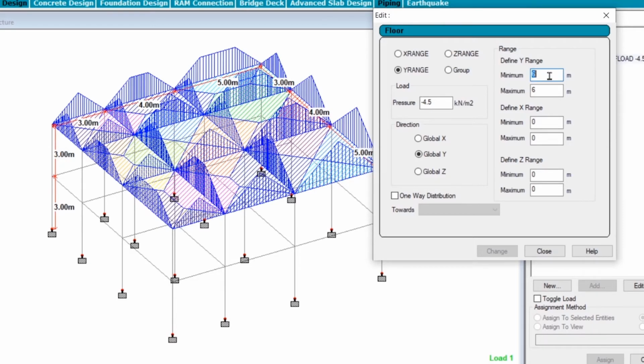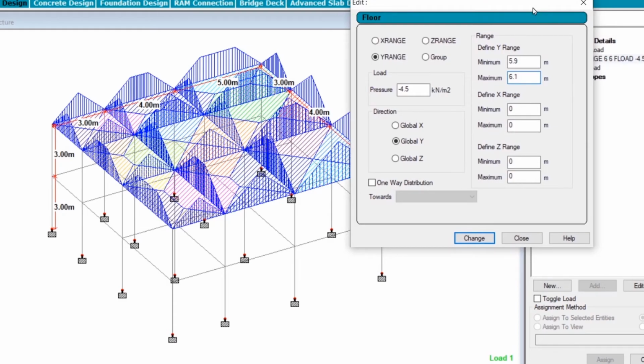However, in my practice, what I like doing is whatever value we have, I just put in 1 point less. For example, I put in a 5.9 here and a 6.1. Now, although it doesn't make any sense, this gives me an idea that I'm talking about this slab in general. So this is the practice I have employed. You can, of course, go for a 6 and 6. So in our case, we'll be just using the normal convention and not my special conventions. So just like that, you can see, you can define the Y range